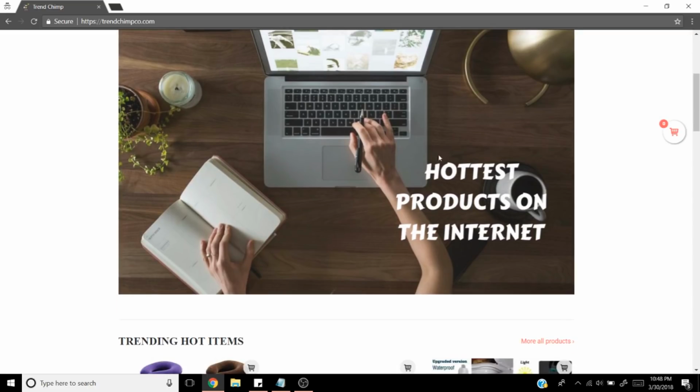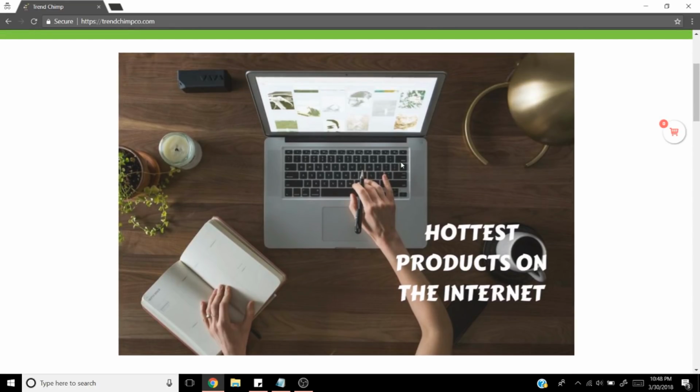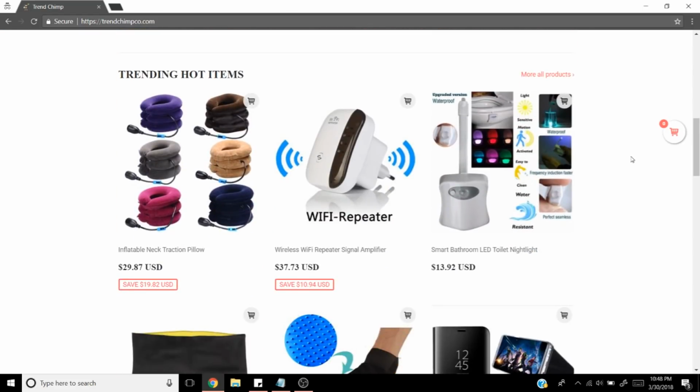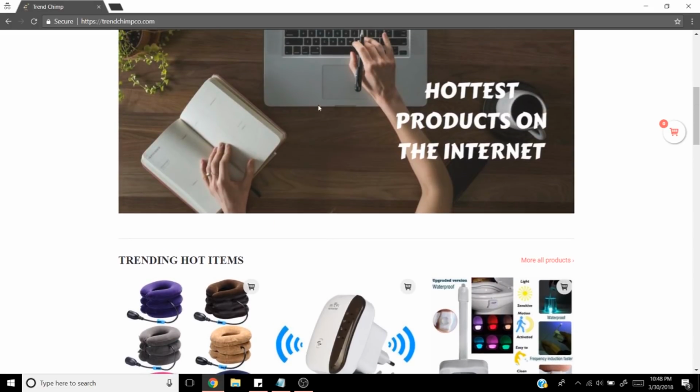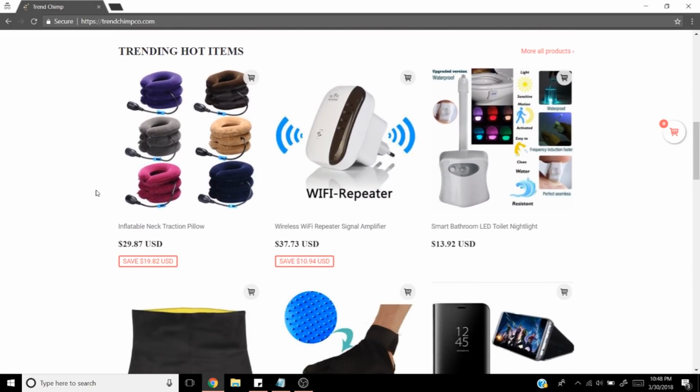So with this, I definitely recommend getting more of a collection slideshow going, just to provide some value. This doesn't really add anything. We'll scroll down. Trending hot items, that's good to have them right near the top. I'd maybe do the collections up here and then some trending items, just so there's more focus on the actual products over everything. But let's see.